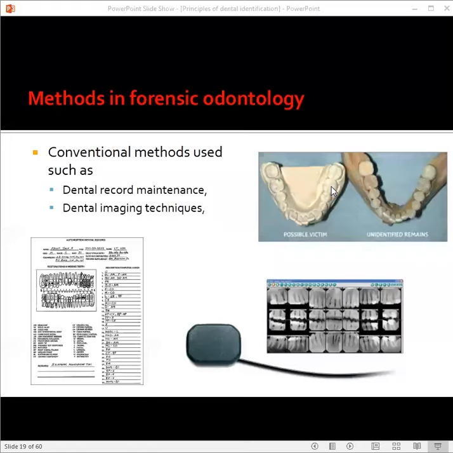So you check the teeth which are present. You can see the teeth which have caries, the teeth which are replaced, the implants that are placed, the bridges that have been done, any fractures if any. Comparing the pre-mortem, that is ante-mortem, and post-mortem records will help to identify the individual. So this is the first one, comparison of the existing dental records and dental imaging methodologies with the ante-mortem and post-mortem records to identify the individual. So this is the first method.